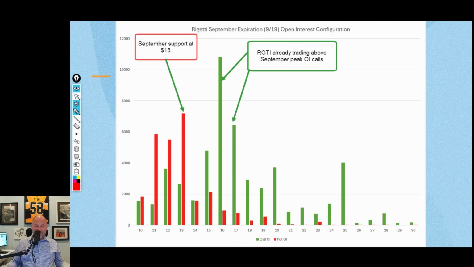I expect to see the support hold in. $13 is right where you see the support. I don't think we see $13 unless something huge happens in the market. But right now, you'll expect to see, with these levels already behind us, 18, when we break above it, will turn into some support. You'll start to see more puts trade on this, as we did with Archer Aviation at that, my goodness,